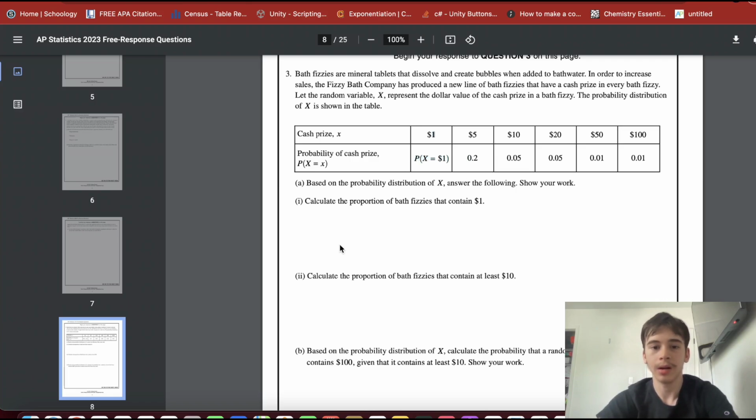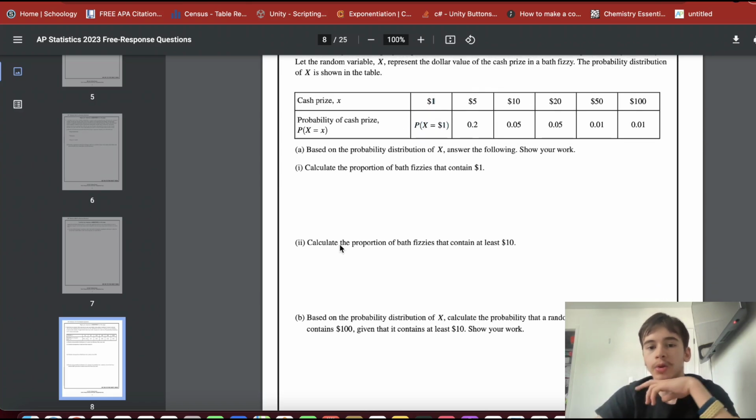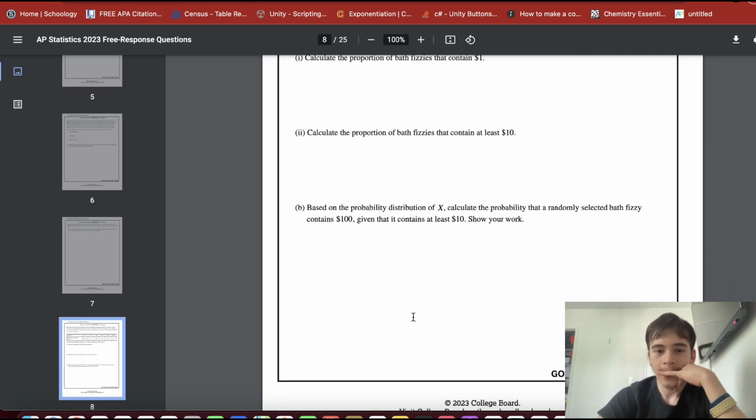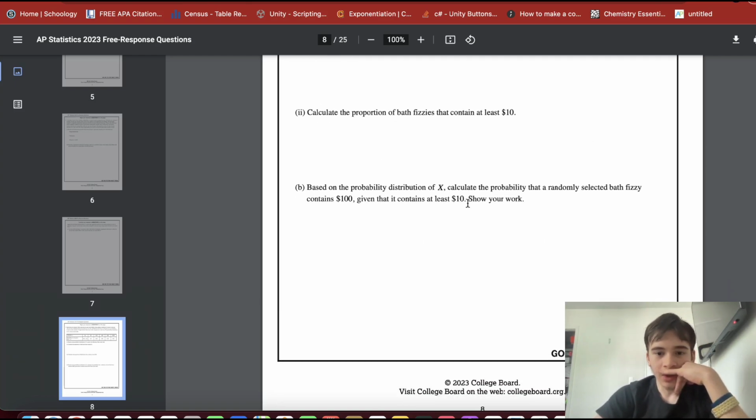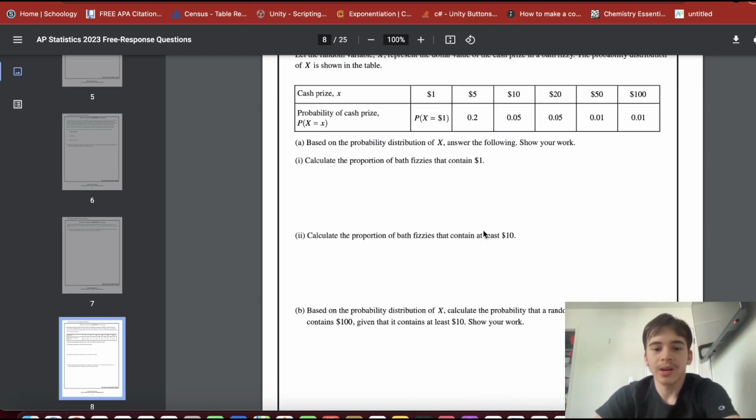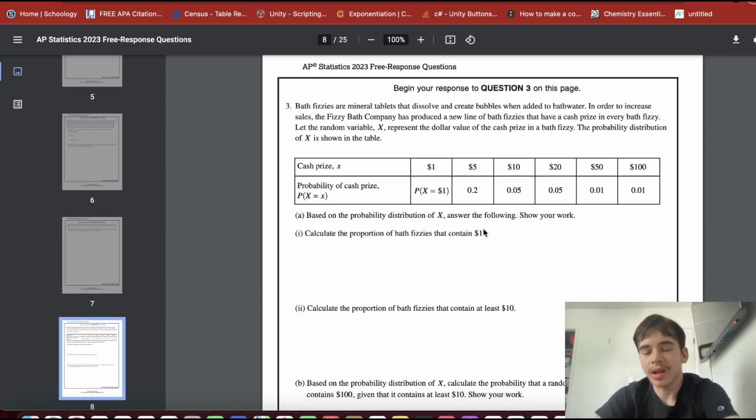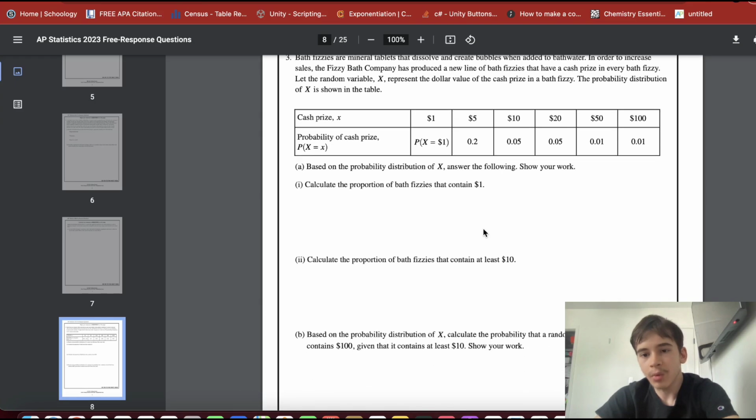Right here, probability. Calculate the proportion of bath fizzies that contain at least $10. Again, not that hard. At least 10. We just add all of these up, and we get our answer. Based on the probability distribution of X, calculate the probability that a randomly selected bath fizzy contains 100, given that it contains at least 10. What we do is